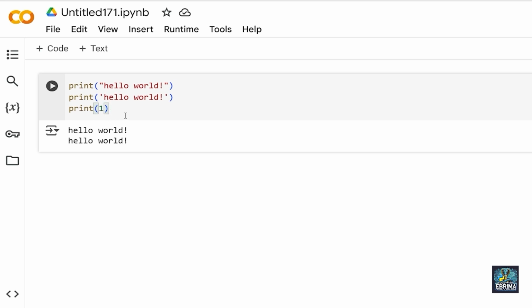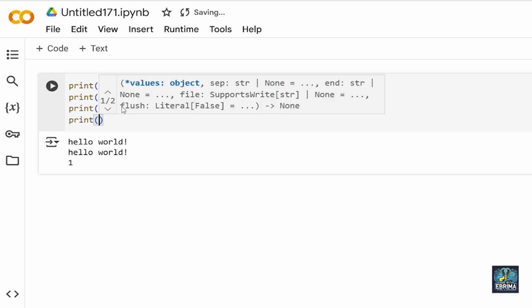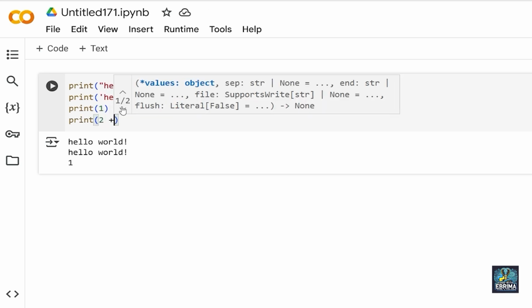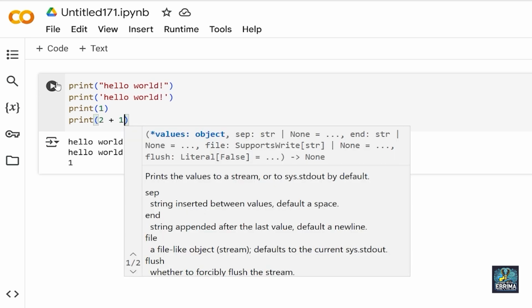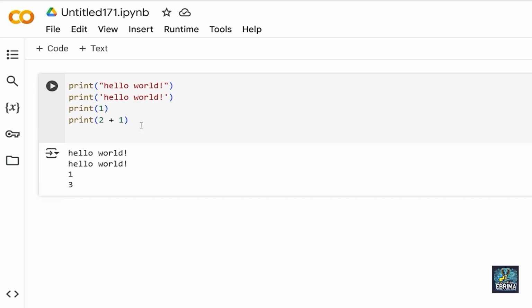However, if you want, you can put them in quotes, and we are going to do that and see the output it gives us. It's very important to note. Now you can see 1. We can add numbers also. So let's go ahead and add print, bracket open, bracket close, and then we can say 2 plus 1, and then you can see 3 on this line here. Now what is going to happen if I decide to put these numbers inside of quotes?